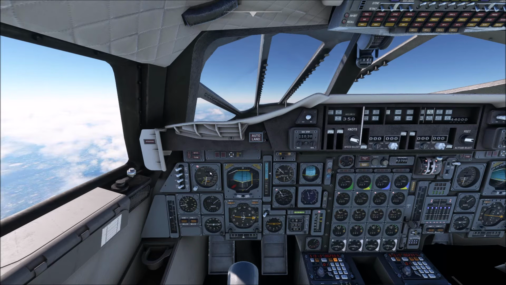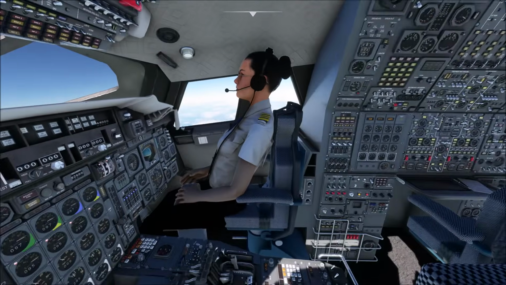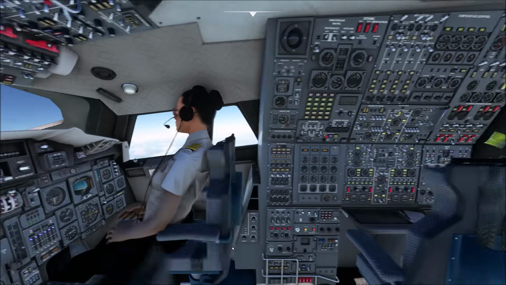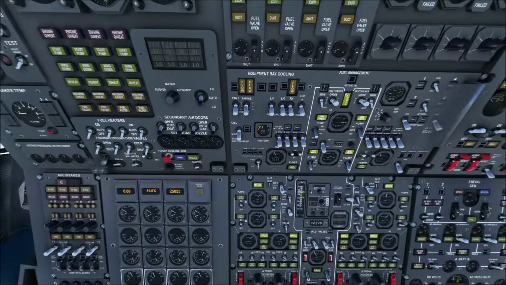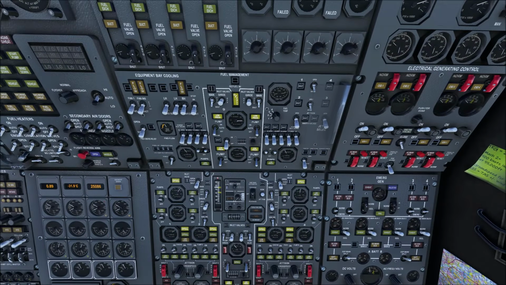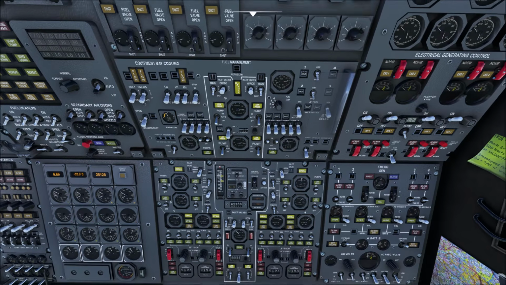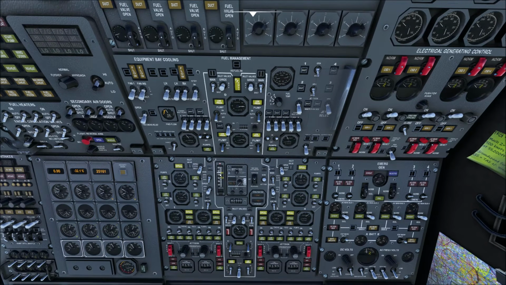Airspeed's increasing. Confirmed in Mach climb, so it's time to get back here and take care of business on the flight panel. As you can see, we're just coming out of tolerances. The way I do it,